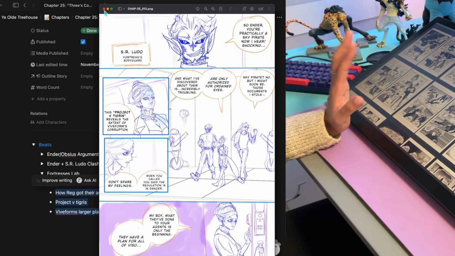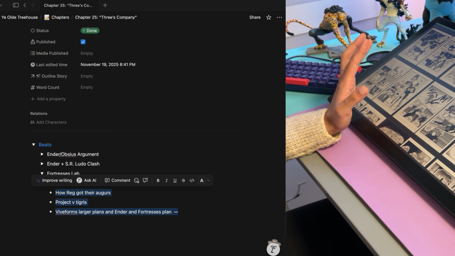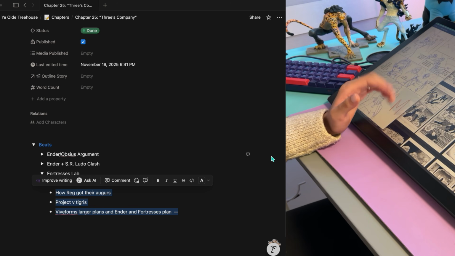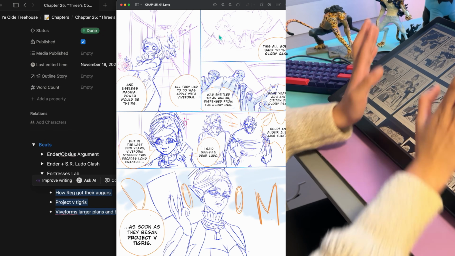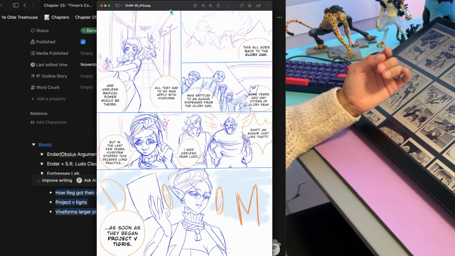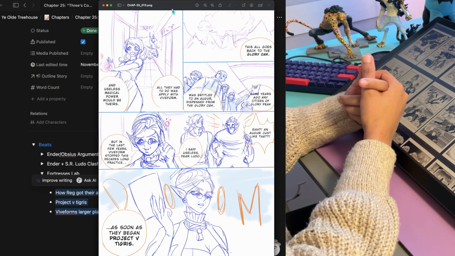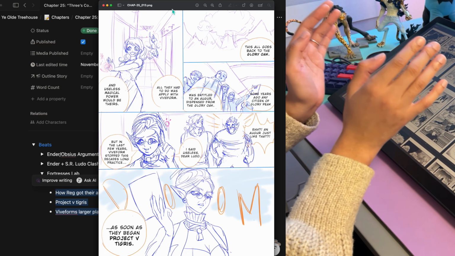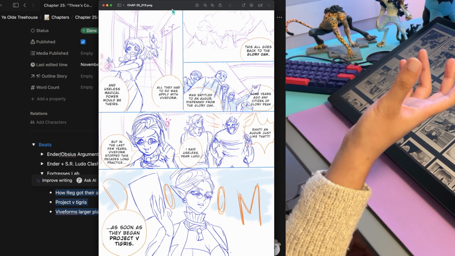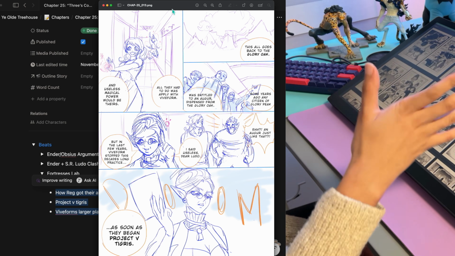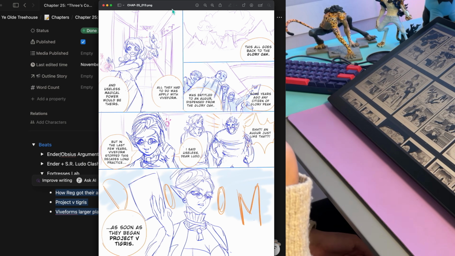This page is one of the hardest pages in this chapter that I had to do because it is a lore dump. And I am not a fan of lore dumps, but as I said earlier, you get to a point in your story where it is inevitable and you're going to have to get your lore out. So when I was plotting this page and planning what's going to go here, I knew I wanted to explain some major high-level lore in the story. So when you're thinking of moments in your story where you're going to be dispensing high-level lore, you always have to remember what I feel is the key